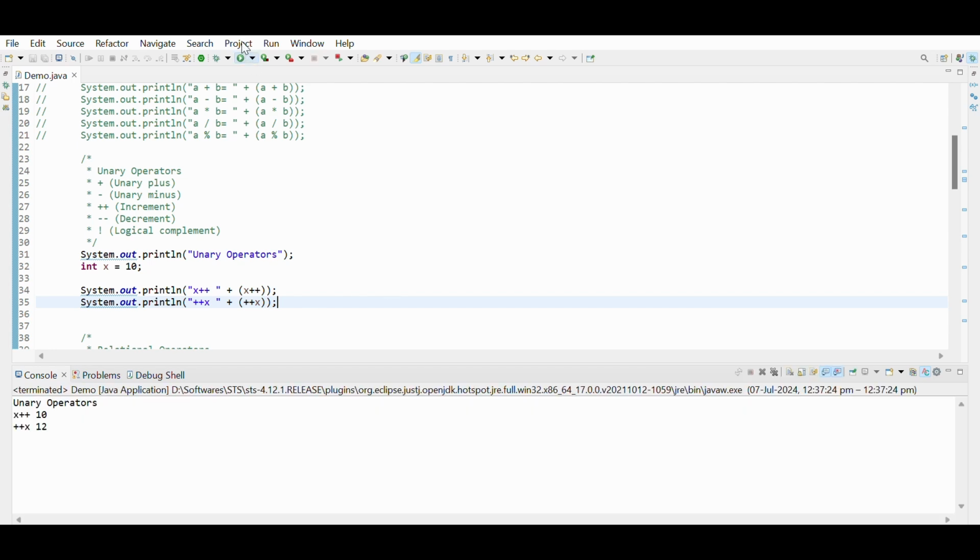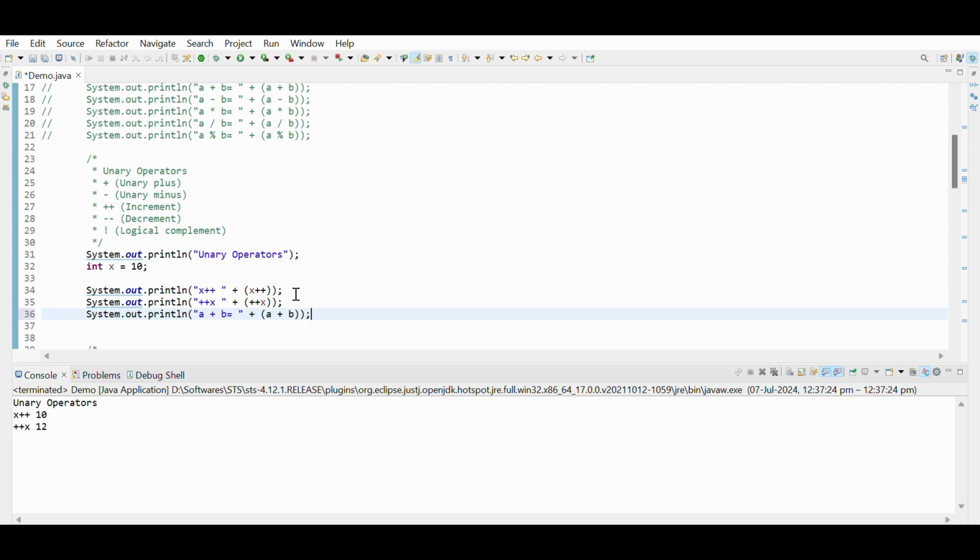You can see first at line number 32 x is 10, then after 34 it becomes 11. First it prints the value of x, then it increases the value of x by 1, it becomes 11. Then in pre-increment again it increases the value of x by 1, then it becomes 12, and now it is printing 12. Same way we can print x minus minus,